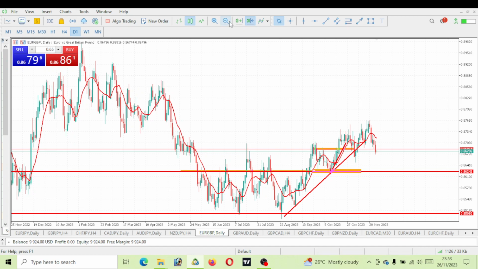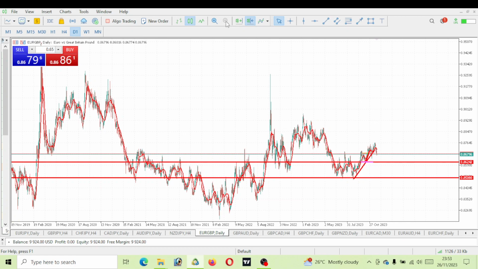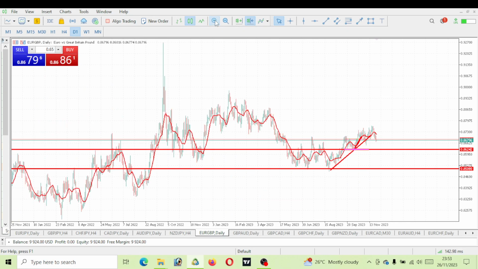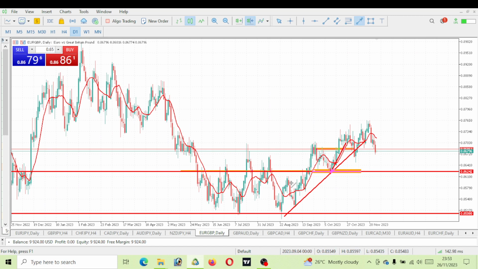Now, let's take a look at what we'll be expecting on EURGBP. If you take a look at something like right here, you will see that a bullish move is currently playing out. If you take a look at it, this is the bullish move, and you will see a reversal also playing out within this level. Now let's see it this way.